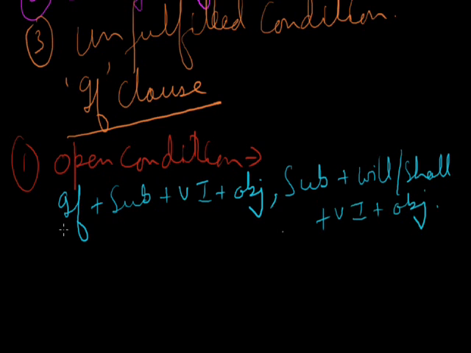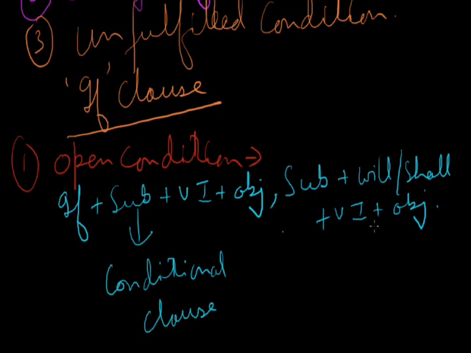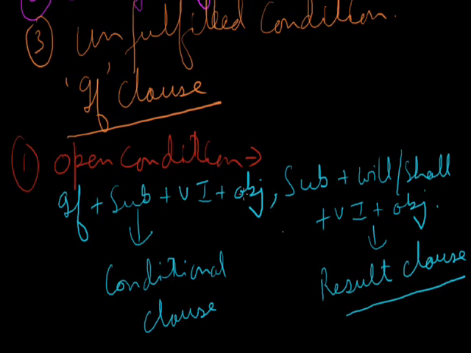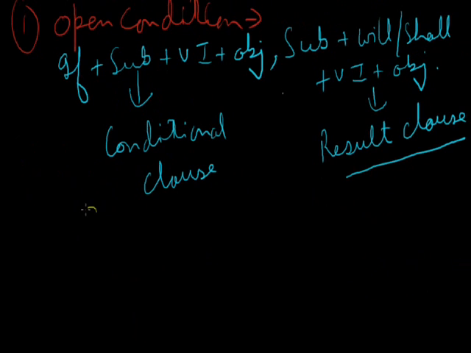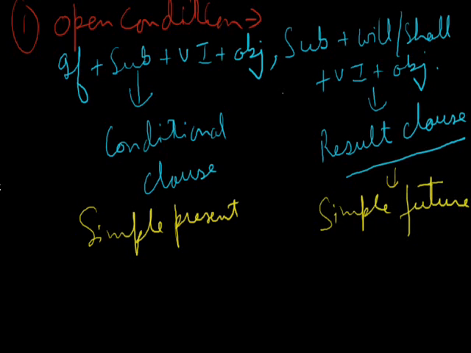Now, this one is the if clause, that means it is a conditional clause. And this one will be the result clause. In the open condition, you will get two clauses, and together they form an open condition sentence. Under this, we will have to use tenses. In the conditional clause, the tense will be simple present, whereas in the result clause, the tense will be simple future tense. That means we will apply some condition in the present time and the result will come in